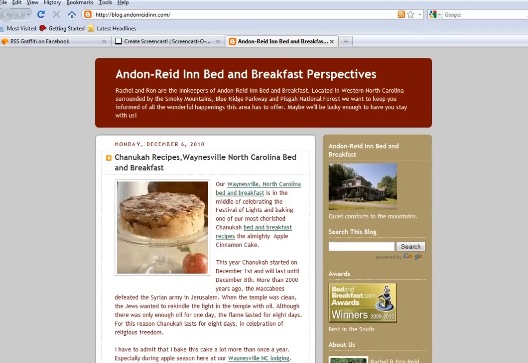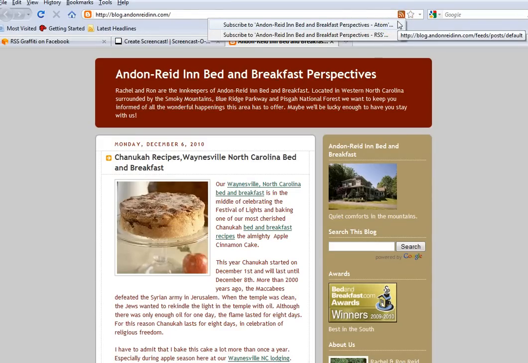When you're in Firefox, this is exactly how you go out to get an RSS feed. In Internet Explorer, it's a little bit different, but the basic thing that you do is look for this little icon that looks like an orange box with some white lines on it. That's an RSS icon. So click that, and you'll have a little pop-up